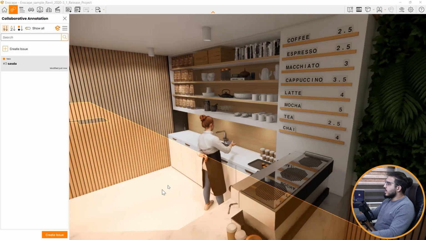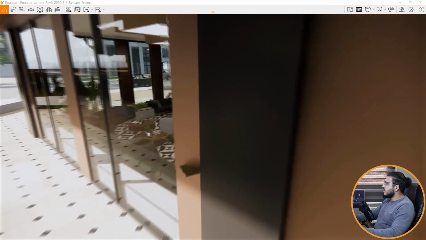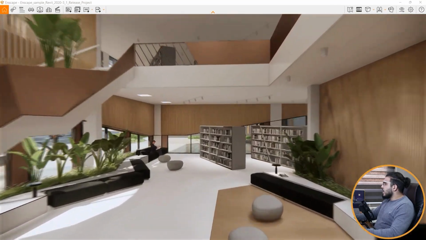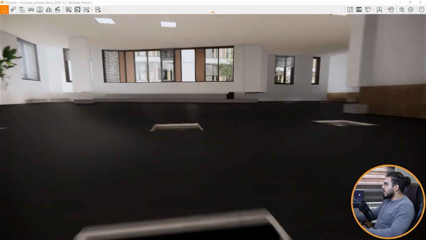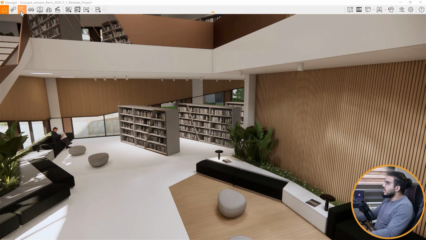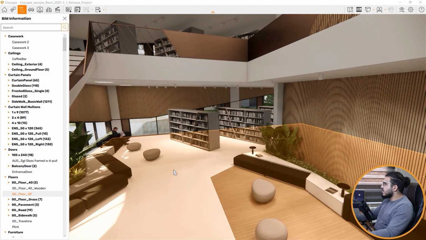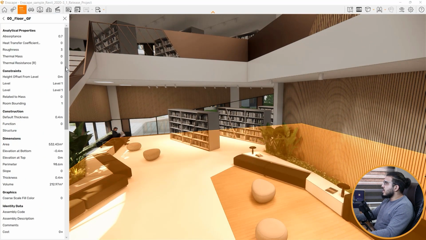If you are using Enscape in Revit or ArchiCAD, BIM data are really important in your workflow, and you can see them, and also you can use this information to find those models much faster in your program. But how can you see that information? You just need to click on BIM mode, and when you do that, when you select some elements from the modeling software, you will see all of the information in here, and it will be a great place to see the information around the model that we've selected.